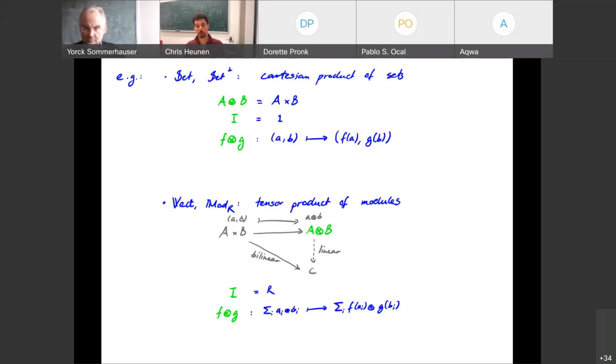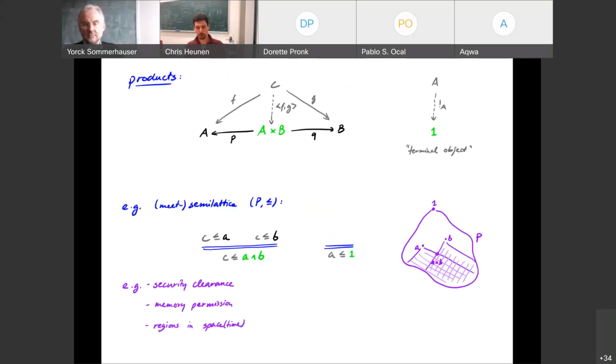So that's a way to put objects together. And you can also put morphisms together by saying, what do they do to an arbitrary element of the object A tensor B? An arbitrary element will look like a finite linear combination of pure tensor things, little a tensor little b. Well, I just do F to all the elements little a, G to all the elements little b, sort of inside the linear combination. That's a perfectly well-defined thing, and that makes modules into a monoidal category. So that's the kind of thing you can think about.